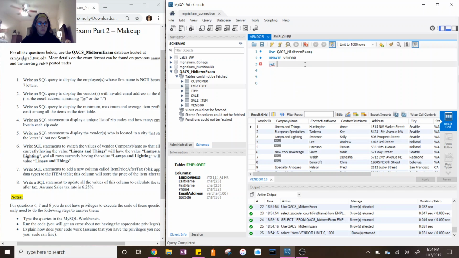Set company name equals case when, let's see, case when company name equals,